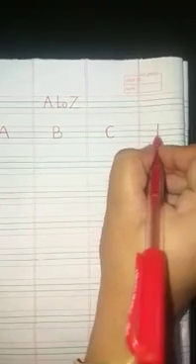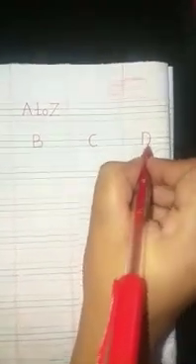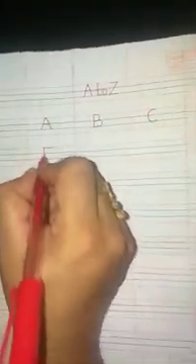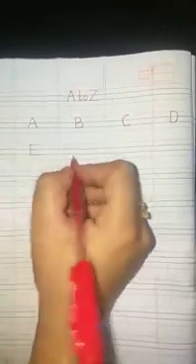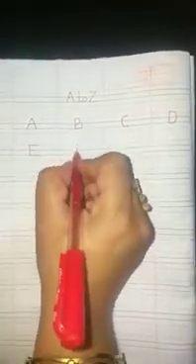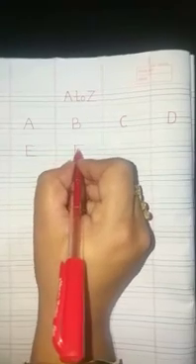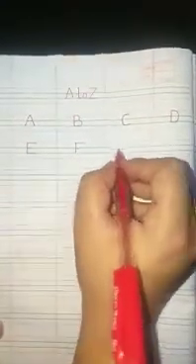Now standing line and half around to make the alphabet D. Now it's time to E. Standing line, big slipping line, small slipping line, again big slipping line to make the alphabet E. Now standing line, big slipping line, small slipping line to make the alphabet F.